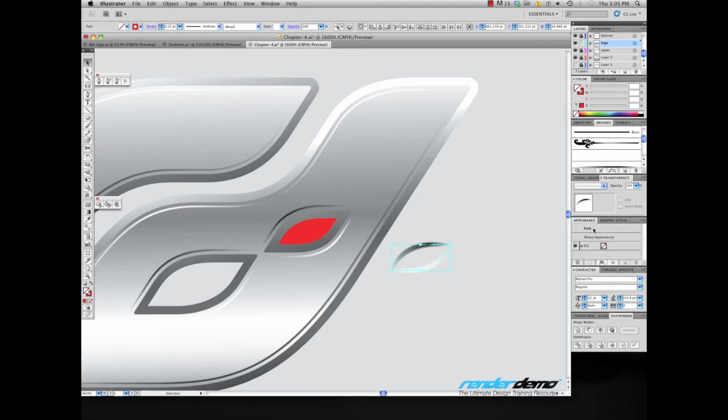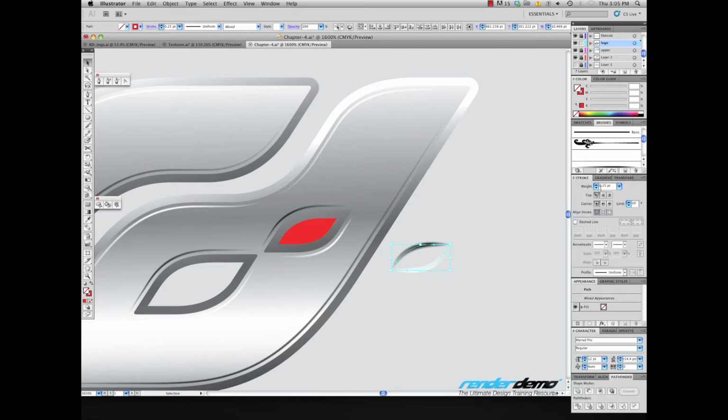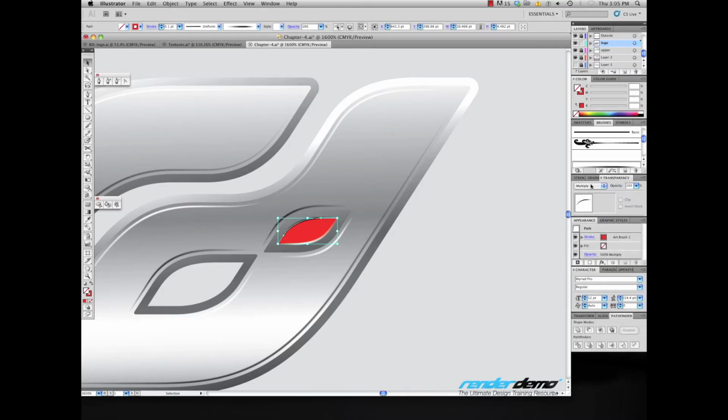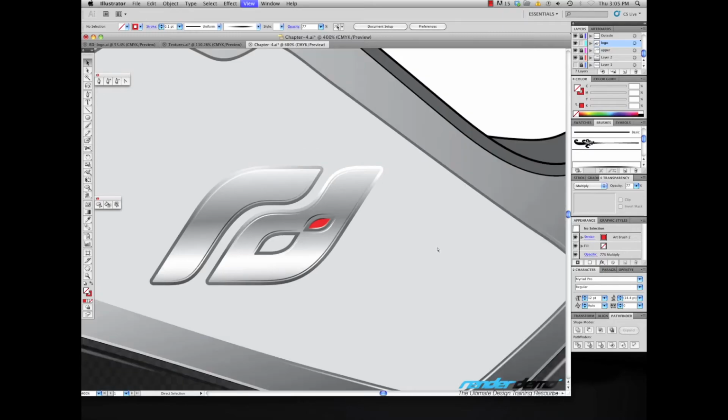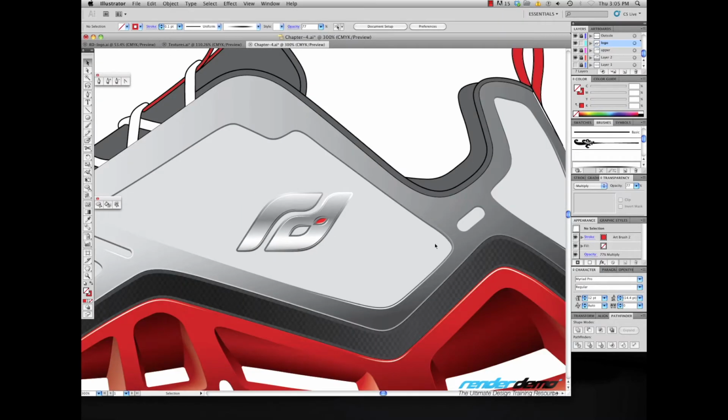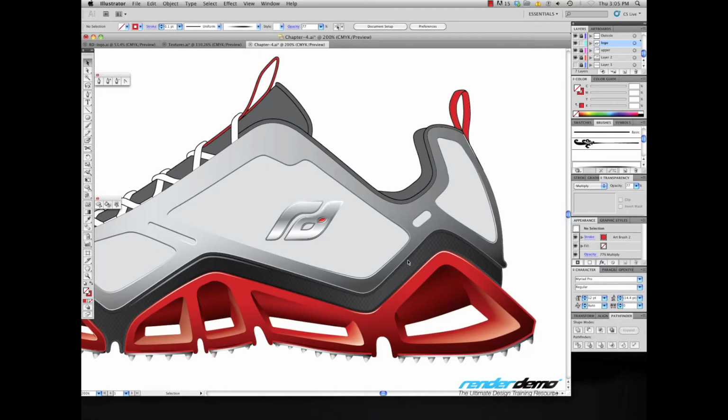And also let us change the stroke to 0.1 also. And let's move it into position. Excellent. And let's drop that down a little. Alright. Great, so that's looking the way I want it,